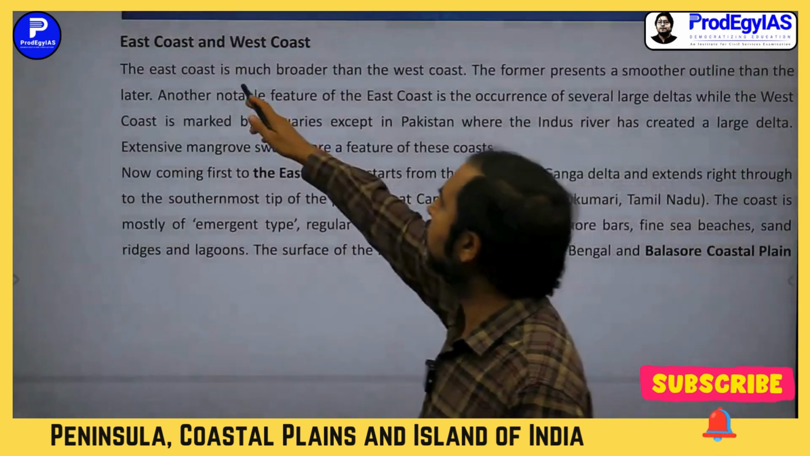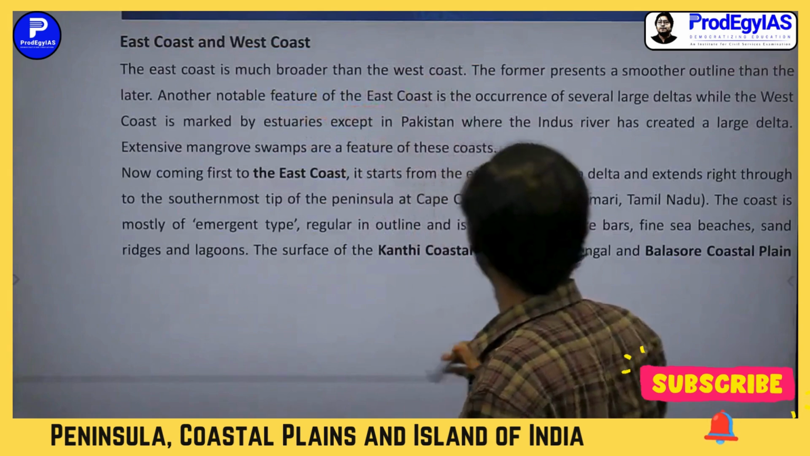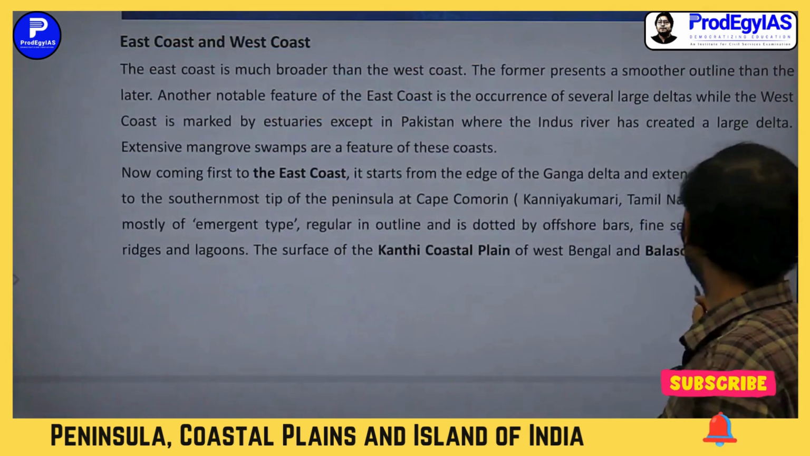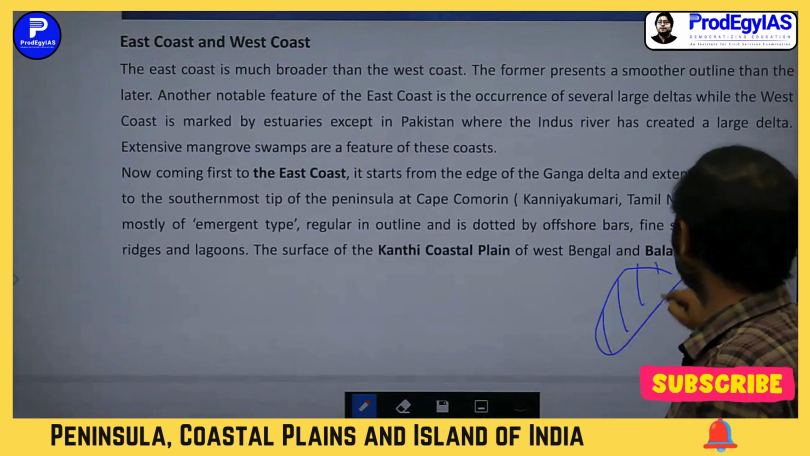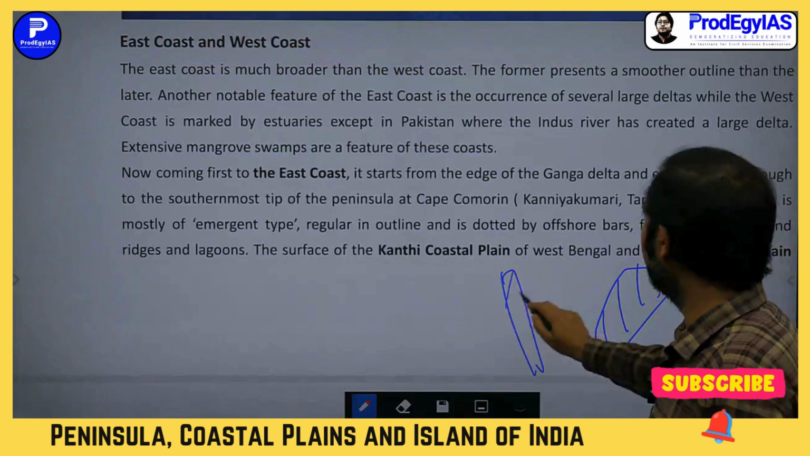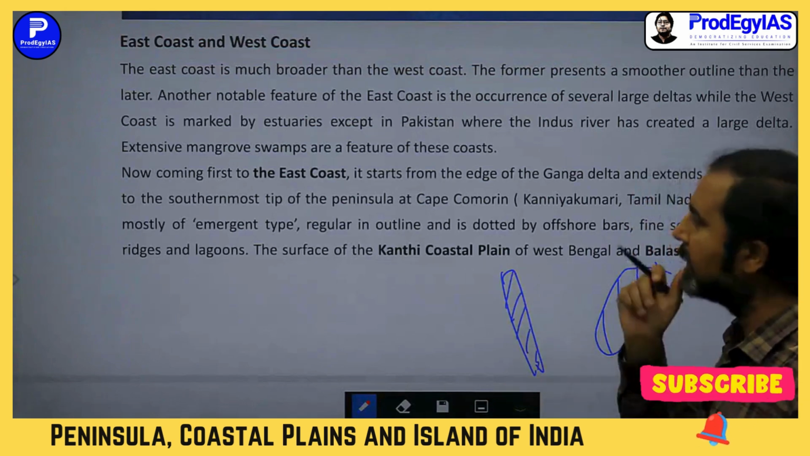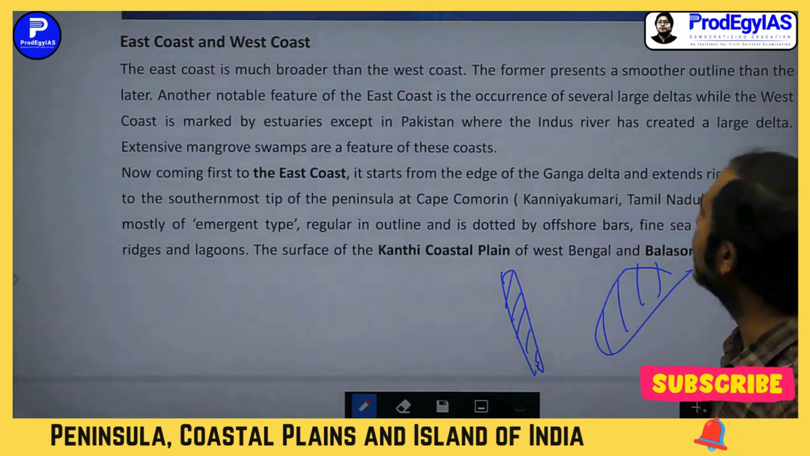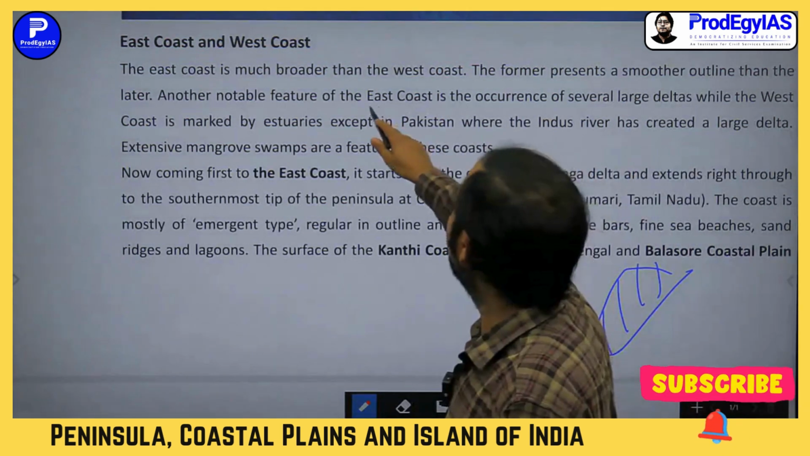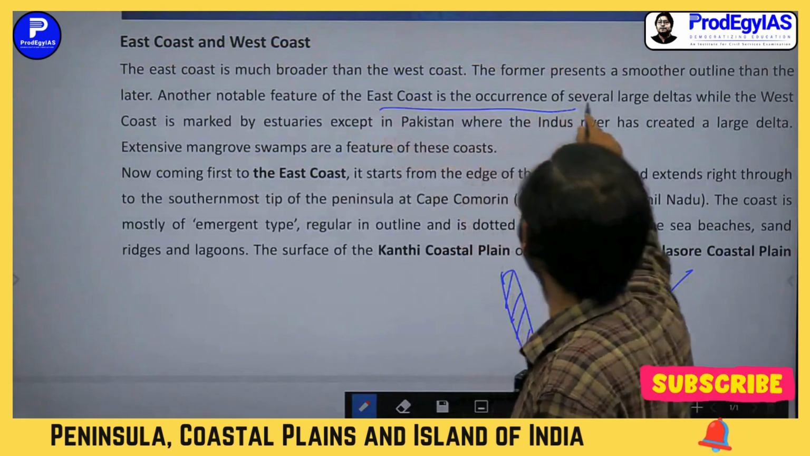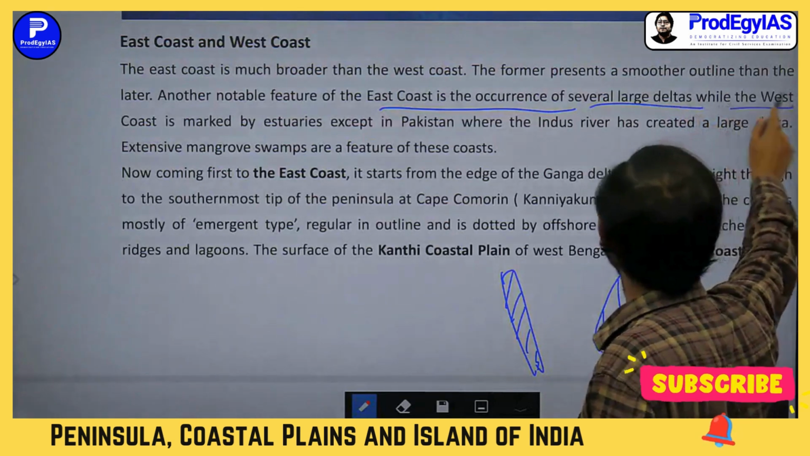The east coast is much broader than the west coast. Means the width here on the eastern coast, you can see that the width of the coast is less than this eastern part, right? And the notable feature of the east coast is the occurrence of several large deltas, while the west coast